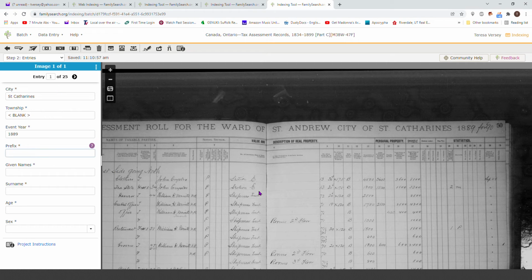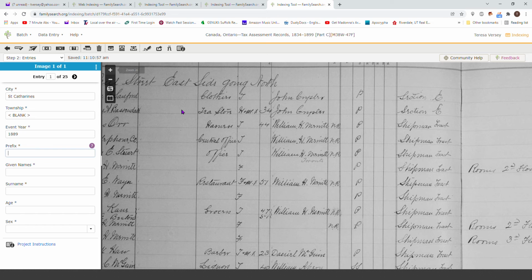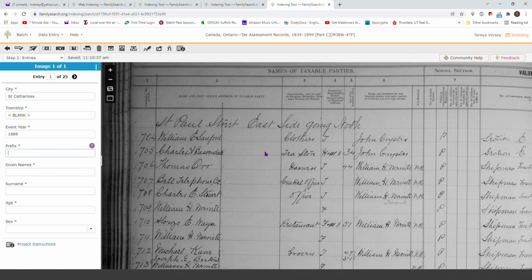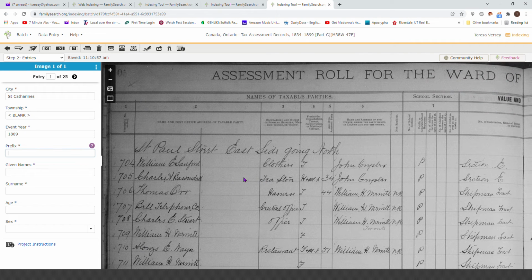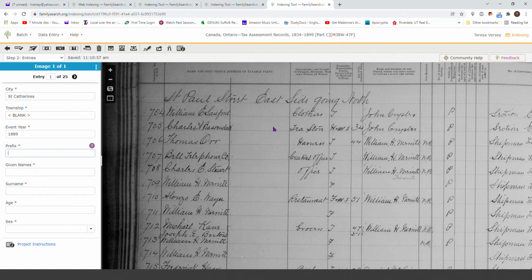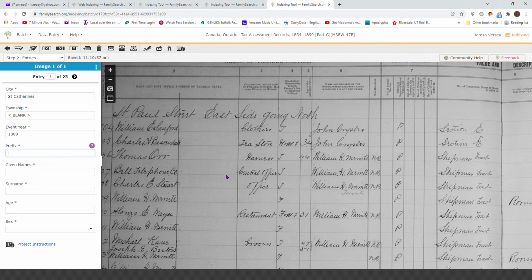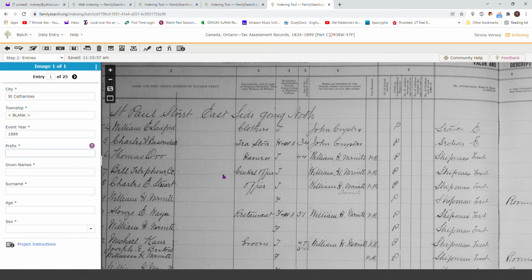Okay, so now all of this, seriously, all we need is the names. The names and how old they are, right here. And if you can figure out if it tells you male or female. If it doesn't tell you, you can't put it in. It has to tell you. Okay, so we are going to start right here with this one. And I'm just looking for the year here. The age is right here.